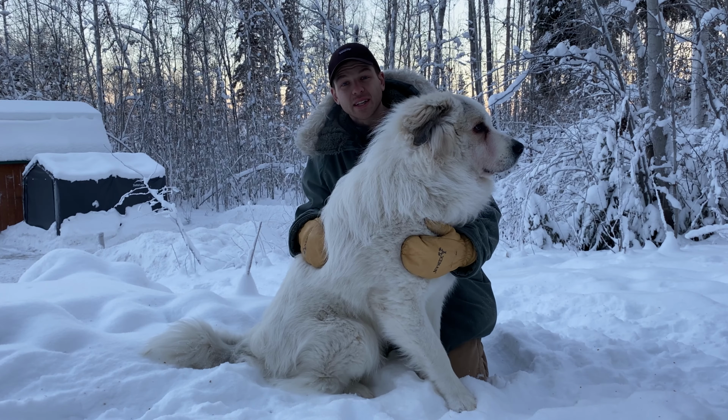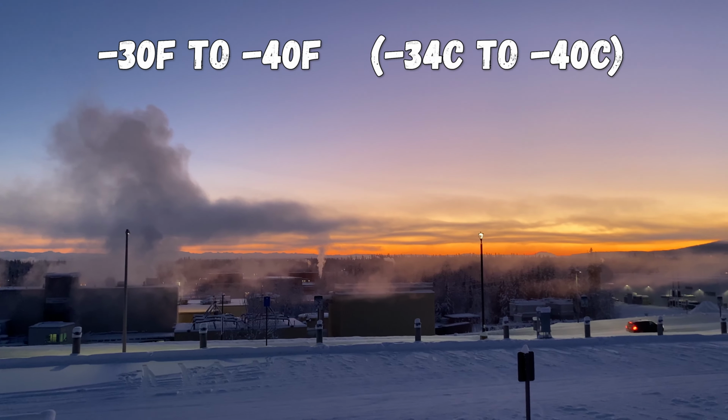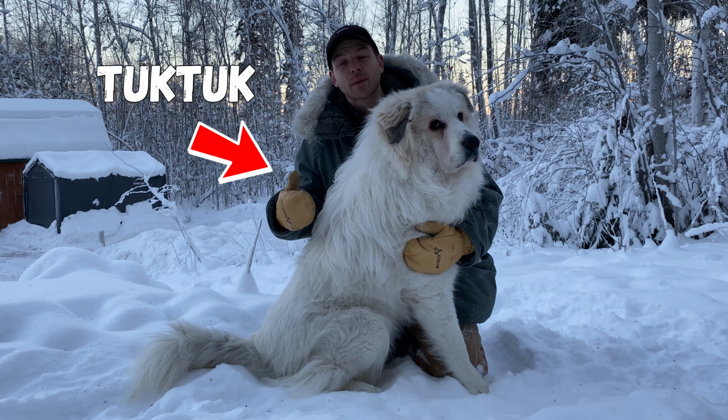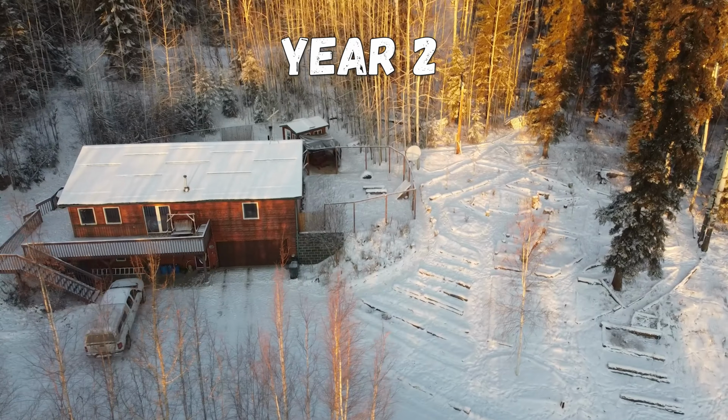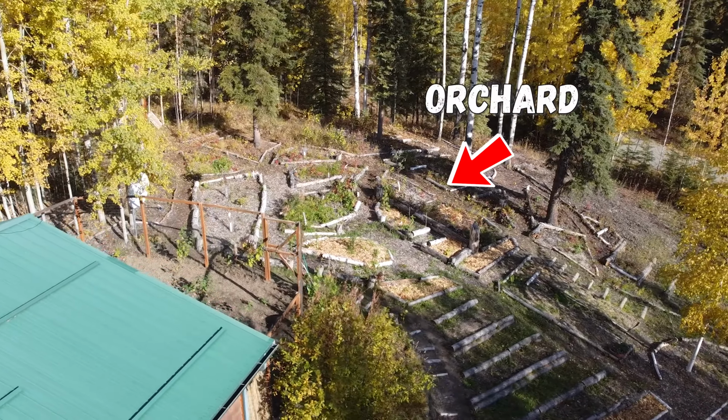It's 20 below here in Alaska, and it honestly feels like a heat wave because lately it's been negative 30 to negative 40 below Fahrenheit. But today, Tuk Tuk and I are out here to talk about how we did in our second year on our new Alaskan homestead. So last year, we were just getting settled into our new homestead by clearing a small